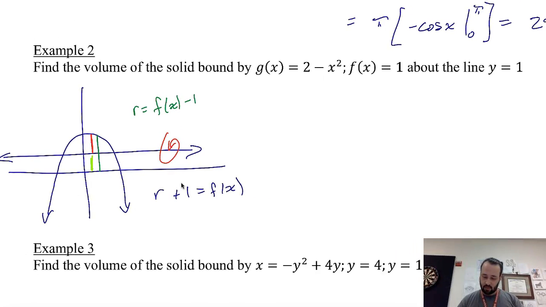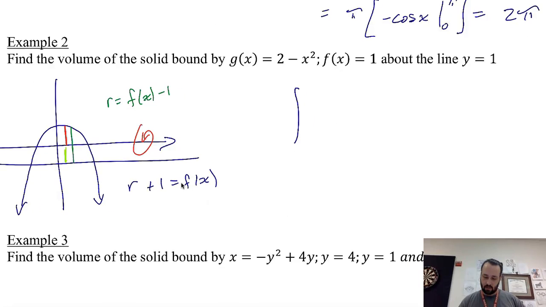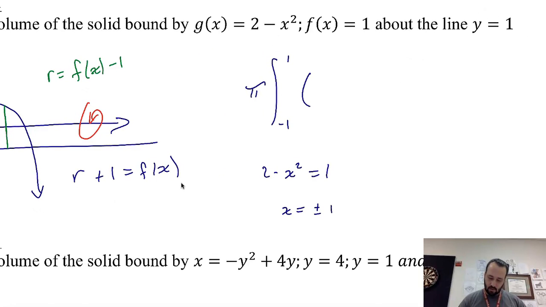Okay, so once I have the radius figured out, that's really the biggest part about this thing. So I'm going to go from the intersection of these two things. So I need to figure out what the intersection is. So I need to figure out when 2 minus x squared equals 1. Well, it looks like x would be plus or minus 1. So I have it from negative 1 to 1, pi times the radius squared, which was f of x minus 1